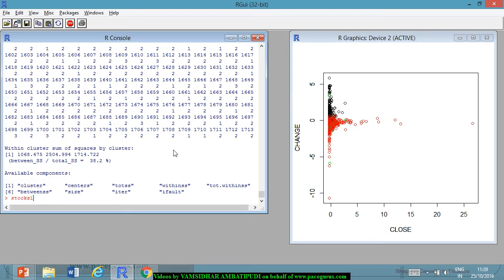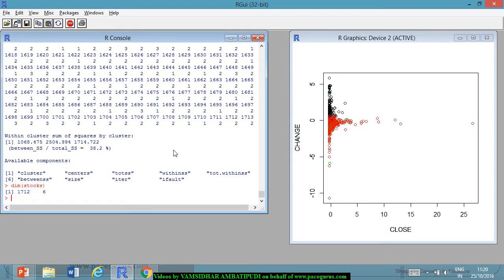Stocks$k means, the names are not there, that's the reason I am not considering. Let me just check the dim of stocks, so 1712 and 6, okay, fair enough. So let me add to this itself